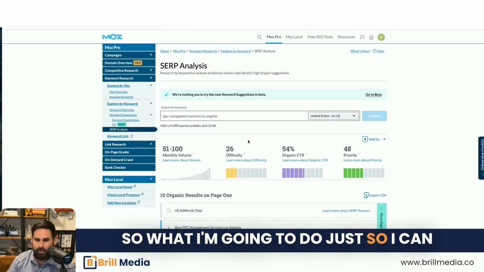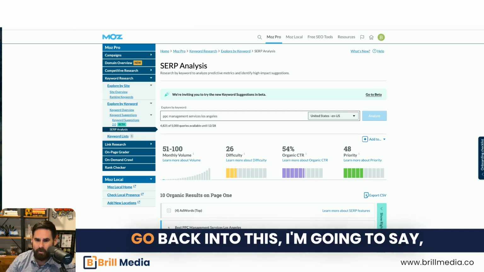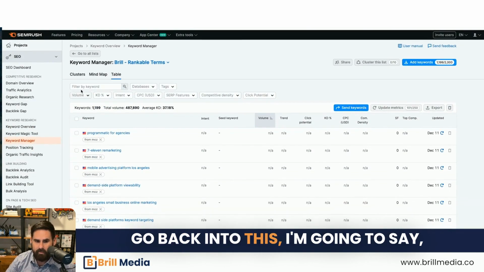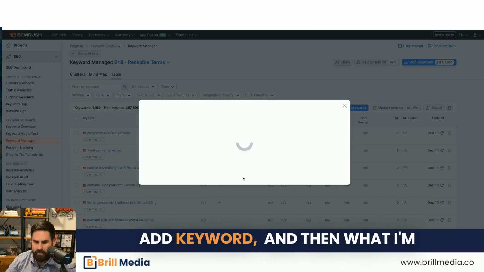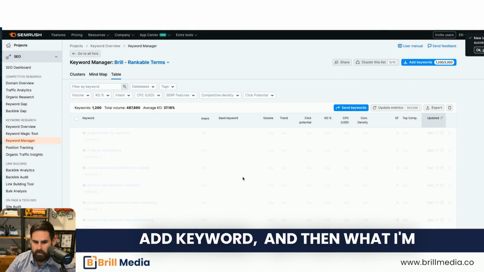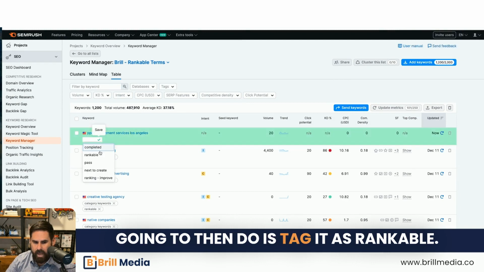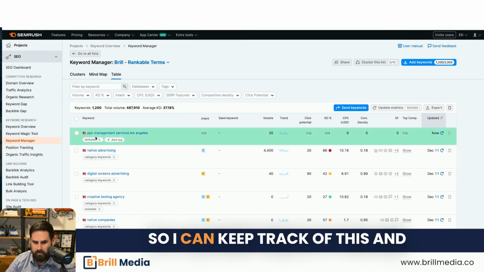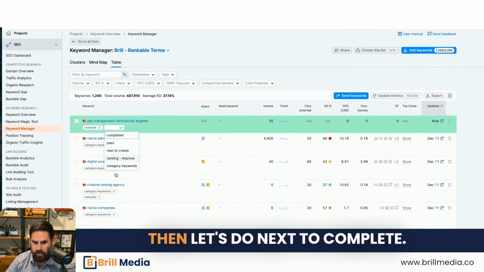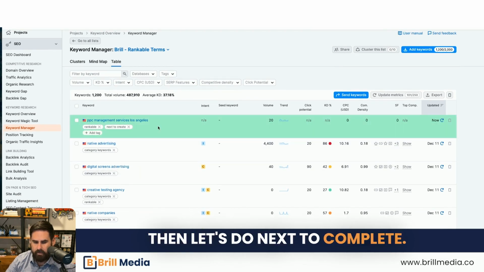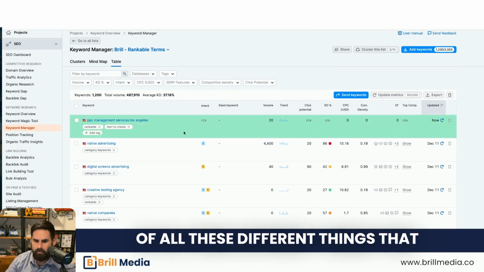So just so I can keep track of my system, I'm going to go back into this. I'm going to say add keyword. And then I'm going to tag it as rankable so I can keep track of this. And then let's do next to complete. So this is my way of keeping track of all these different things.